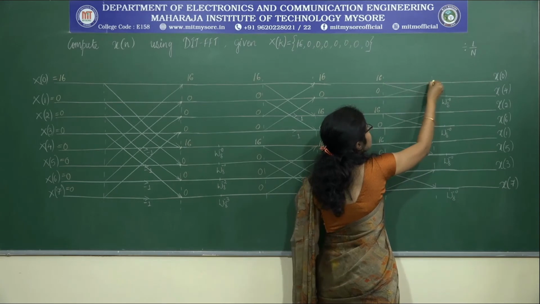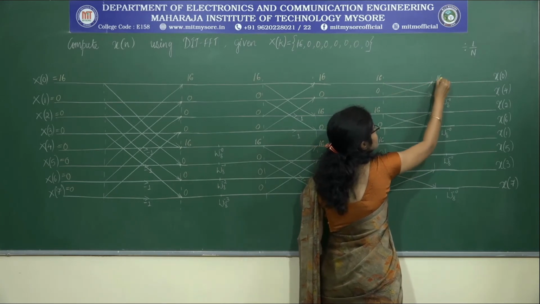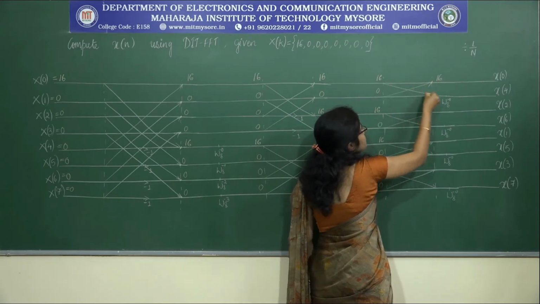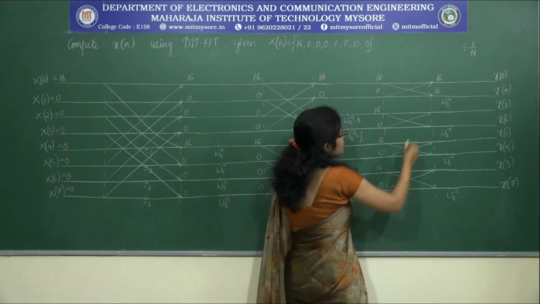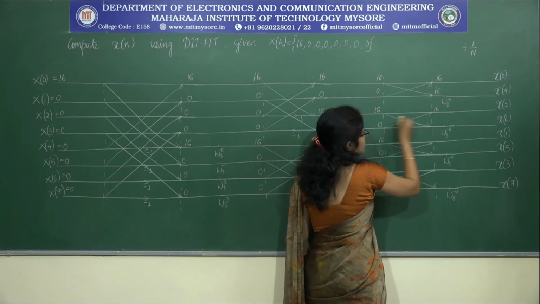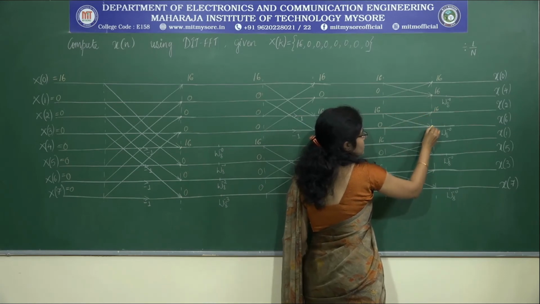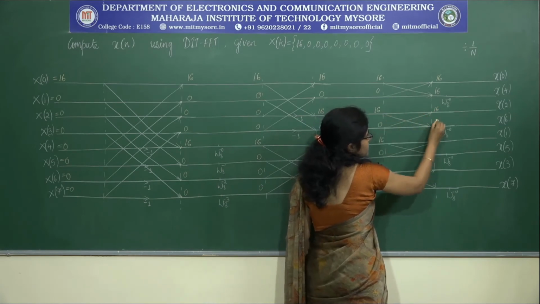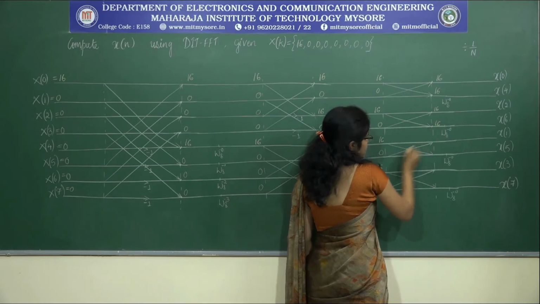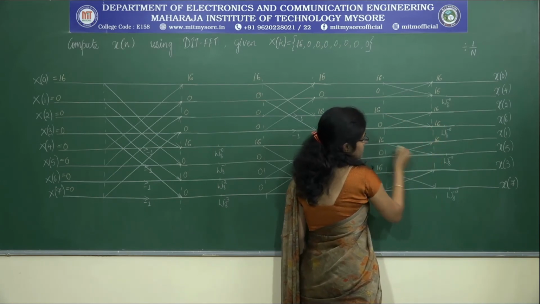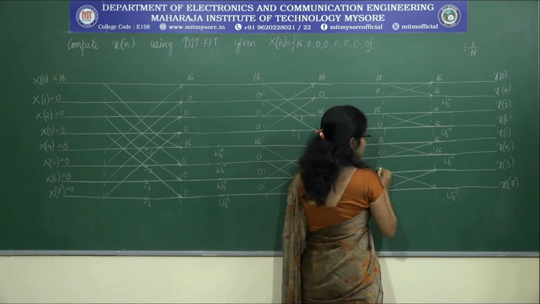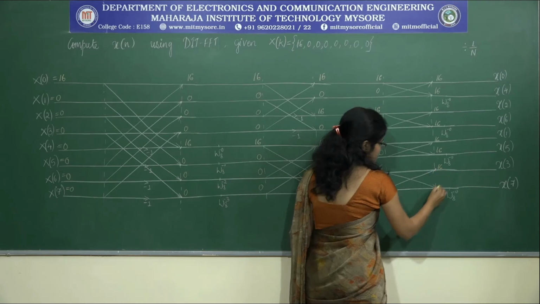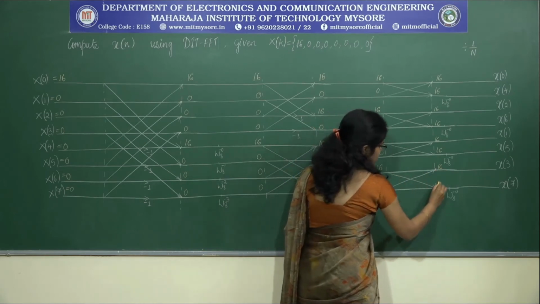At this point, here the signal is 16, here it is 0, so 16. At this point it is 16 and 0, again 16. So at this point it is 16 because of these two branches. At this point again it is 16 and 0, 16. At this point 16 and 0, it is 16. At this particular point 16 and 0, it is 16. At this point it is 16 and 0, 16.